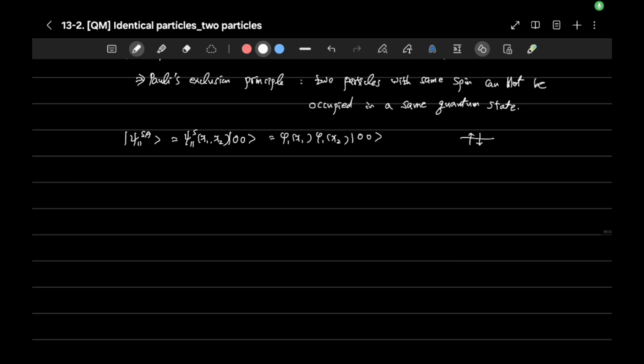As a next step, we already calculated for the ground state. Let's consider the first excited state, the two-particle excited state. Excited state means that the first one here is E1 and E2 and like this, and the first state is